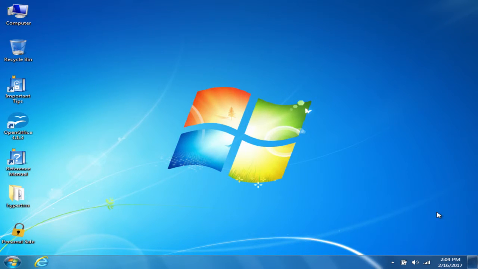Today we're going to be doing a quick video on how to install the drivers and software for the Gobi 5000 card. The unit I'm using happens to be a CF31 Mark I. It's the same process regardless of which model it is, if it's a CF19 or a CF53. The process is all the same.